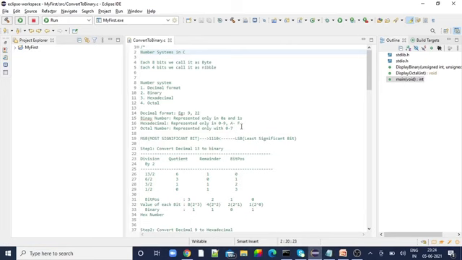We'll dive deep into how we are going to convert from one system to another system, and how as a programmer we are going to manipulate these numbers. I'm going to explain in detail in this video. So let's get started. As I already said, there are different types of number systems like decimal, binary,